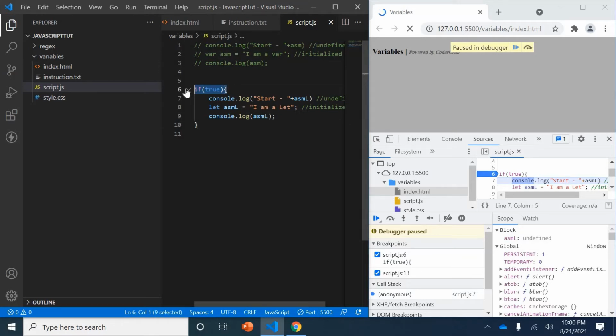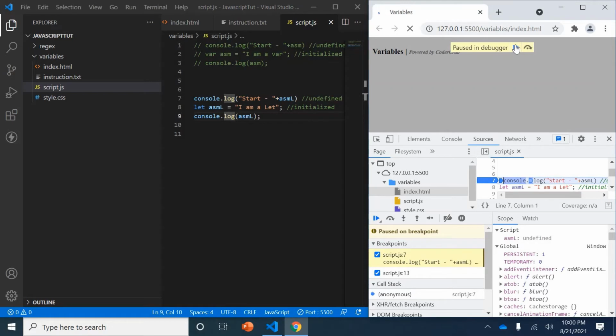So if I remove this part and it is not inside any of the blocks, it is on script level, it will be inside script level and undefined. So if I print this line, it should be undefined as per the variable. No, it would not. The reason is it is not global, so it cannot be utilized before it.